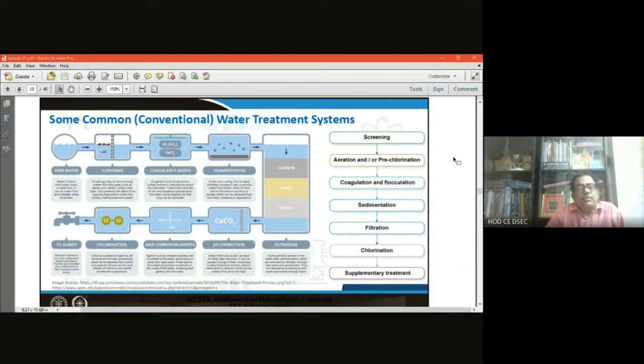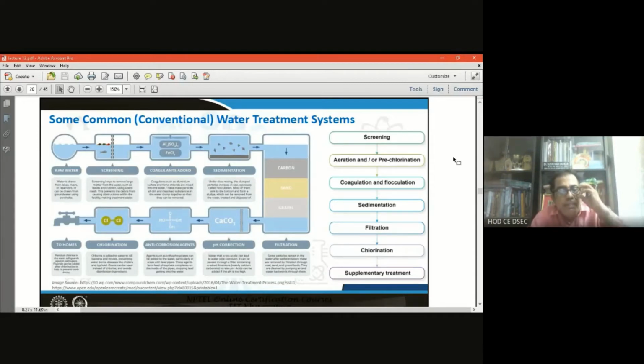Now, first is the raw water, which we are extracting by intake structures. We are taking the raw water from the river, or from the lakes, or from the reservoirs. This is the surface raw water. The raw water can also be extracted from the groundwater. So the raw water, both the surface water like river, pond, storage reservoir, or the groundwater, the source, we can take the water. That raw water is coming into the treatment plant.